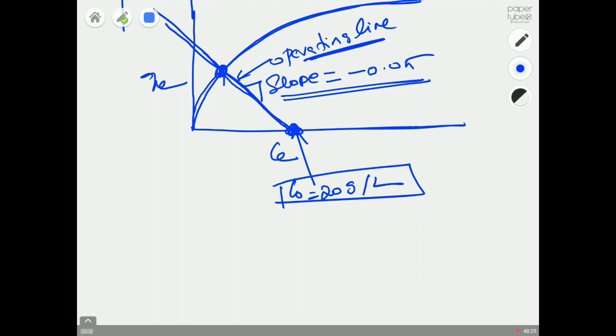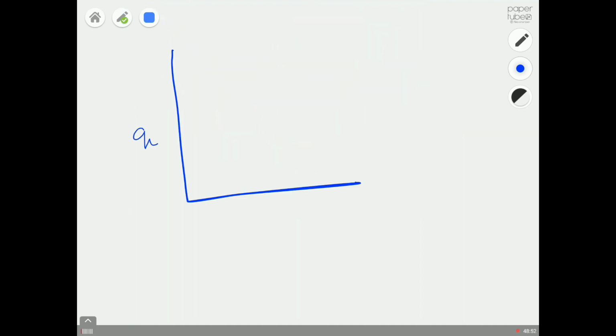From the point where this line intersects the curve we can get our CE value, and from the corresponding y-axis we can get the amount adsorbed QE. So that's how we calculate. I know that in physical chemistry lab and in your theory you might have done these experiments, adsorption of some compound, and probably generated this CE versus QE curve. You might have got some type of curve, but in chemical engineering we exploit this type of simple curve that anyone can obtain in the lab,